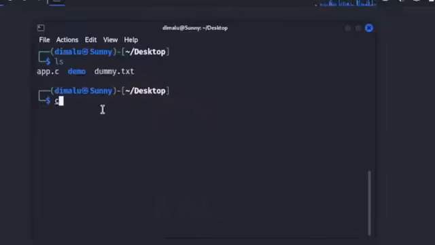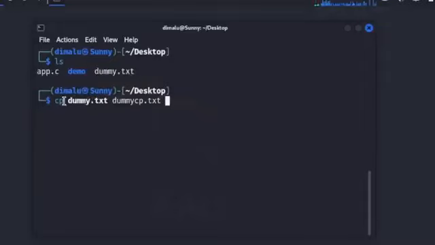So type cp. cp stands for copy. Now cp command needs minimum two options: the file name that you want to copy and the destination directory where you want to copy it. So I'm gonna start with copying this dummy.txt file. So specify the name of the file that you want to copy, dummy.txt space. Now specify the destination directory where you want to copy it. I'm gonna copy it in my current working directory. So specify a different name, let's say dummy